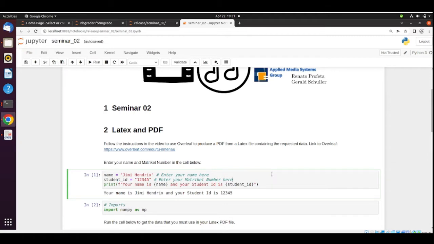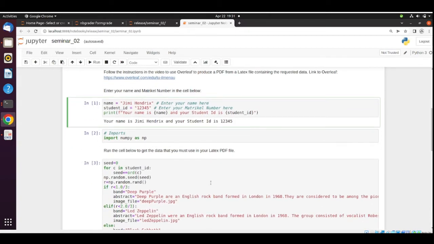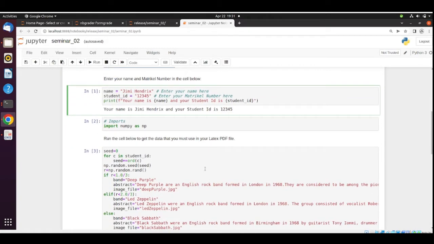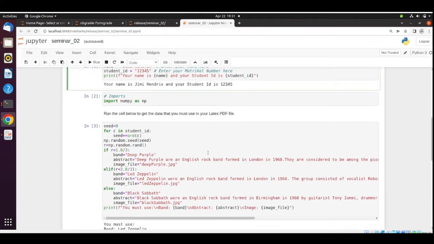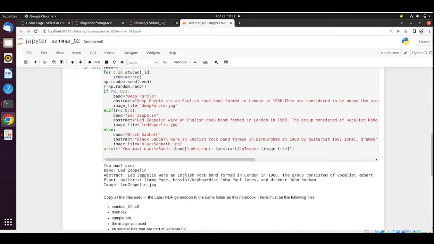So Jimi Hendrix is the student ID 12345. Then you need to run this cell below here to get the data that you must use in your LaTeX PDF file. So in the case of Jimi Hendrix, he needs to use the band Led Zeppelin. There is an abstract about this band that he needs to include in his LaTeX PDF file, and also he needs to include the image Led